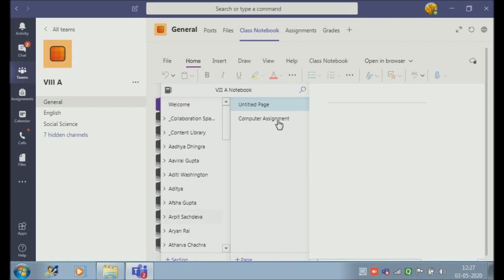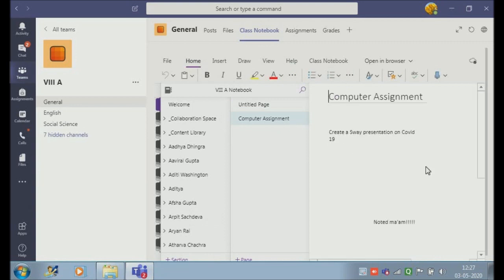You can see this computer assignment page where I mentioned create a sway presentation on COVID-19, and a child, Raisa Lakhanpal, has opened class notebook from her end, and then she clicked on homework, and then she found this page computer assignment, and then she has written noted ma'am.